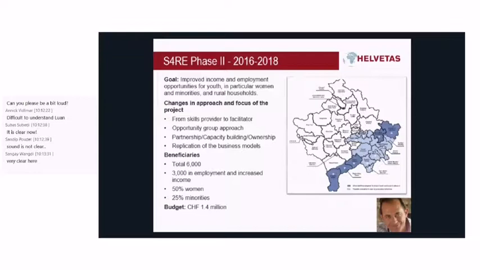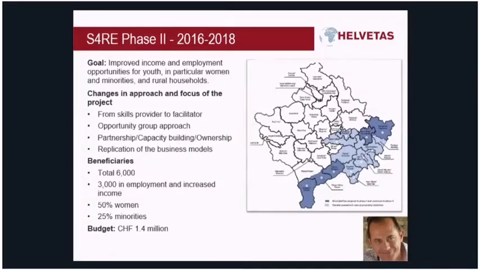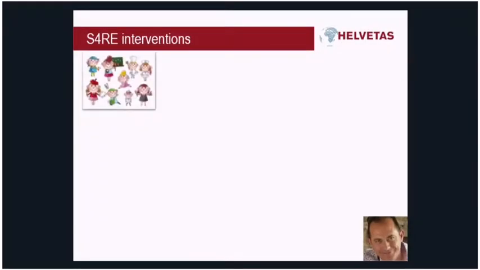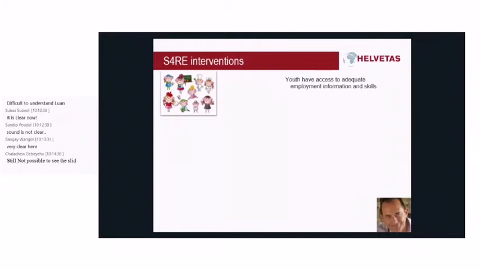Having in mind all these factors, the S4RE project aims to improve the employability of young people through market-oriented skills, better integration of the producers and businesses into selected supply chains, and stimulate competitiveness of the local businesses through investment into non-formal education and training. The objective of the project is to increase employment and income for vulnerable people, especially youth, women, and minorities living in the rural areas. The project includes 4 interventions through 3 outcomes.